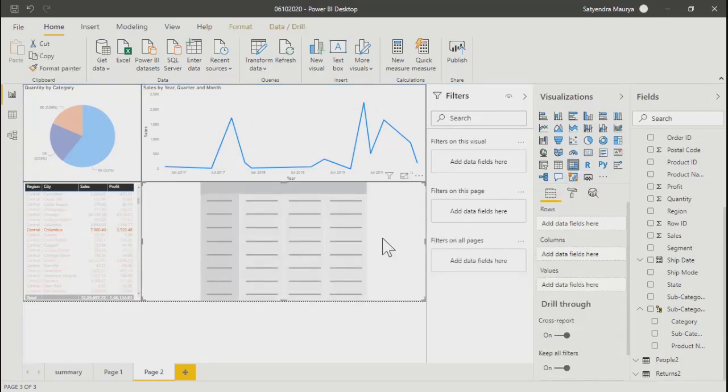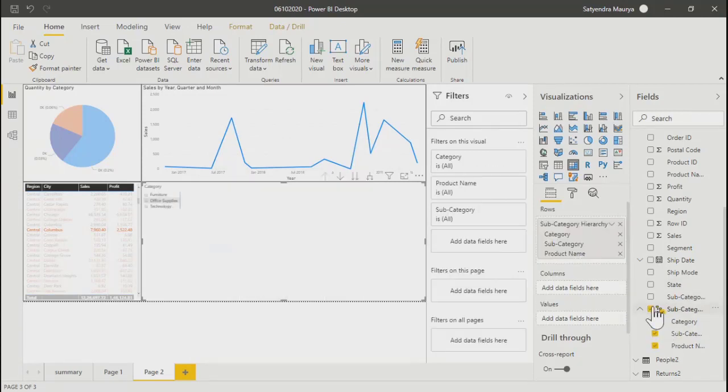In this cross table control, it is similar to your pivot table in Excel, right? So if you remember your pivot table, it is going to behave in the same manner. Over here you have rows, columns, and values, all three segments. What you want to add into rows, you can drag here. Maybe you can take your hierarchy at this time: furniture, office supplies, technology.